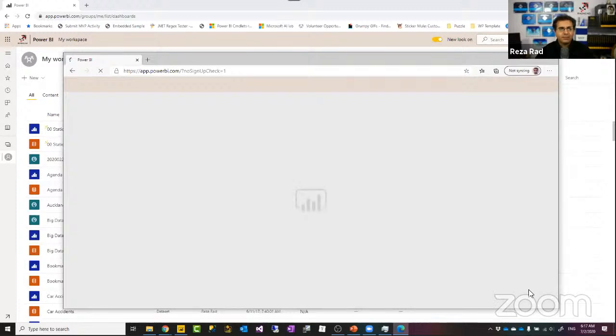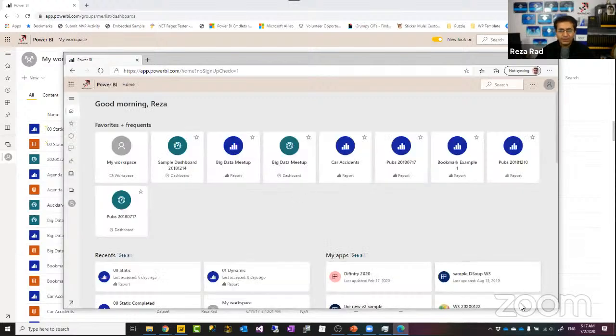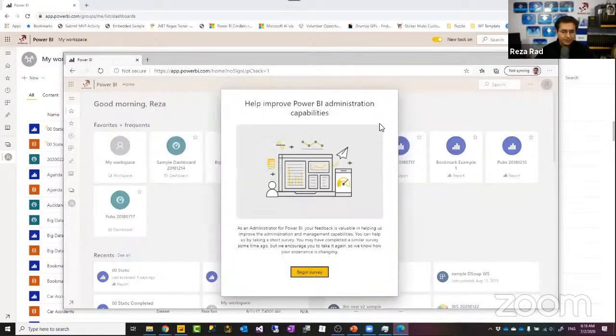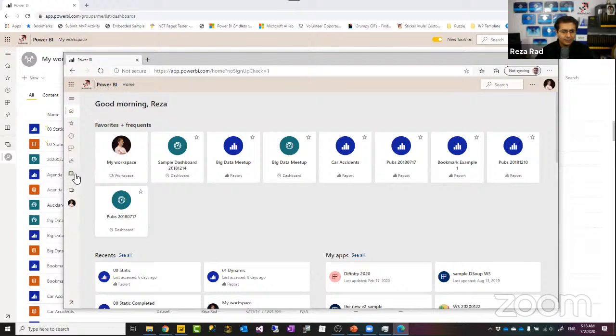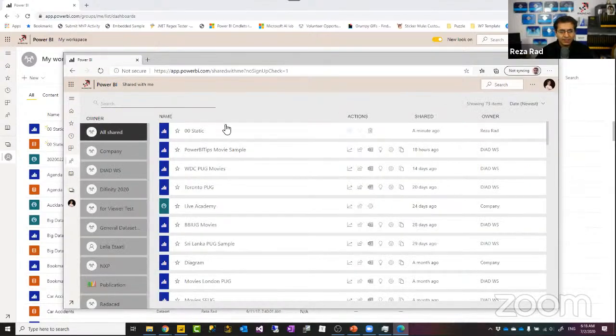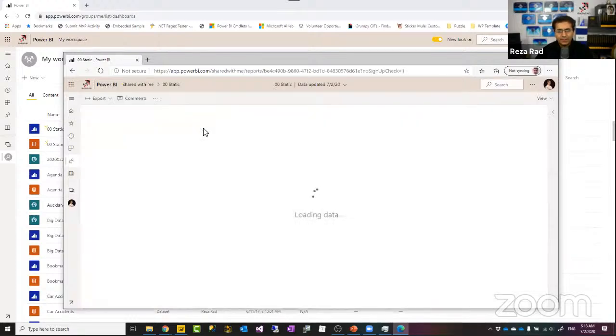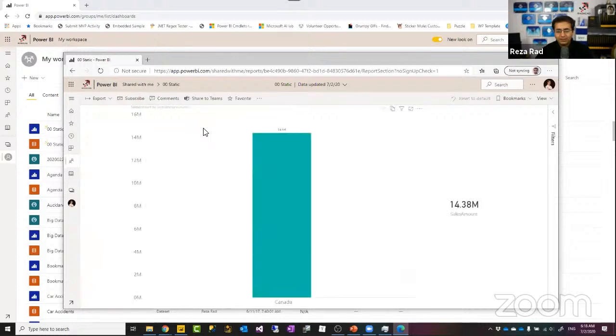As I mentioned, you can share this by publishing an app. You can share it with any other sharing methods except publish to web, because publish to web has no concept of end user row-level security. It doesn't really work with publish to web. So here I'm coming to this account, and going to share it with me. I'll see this report shared just a minute ago from this user. I'll open that report. And because I'm only assigned to Canada's sales manager, I'll see only Canada. As you can see here, only Canada's sales, and this is the total sales.